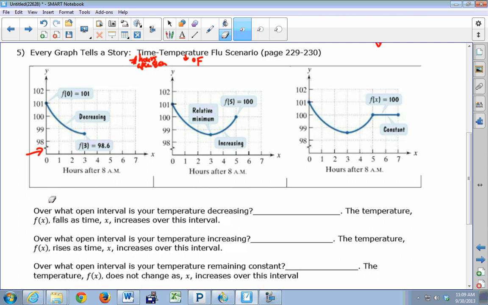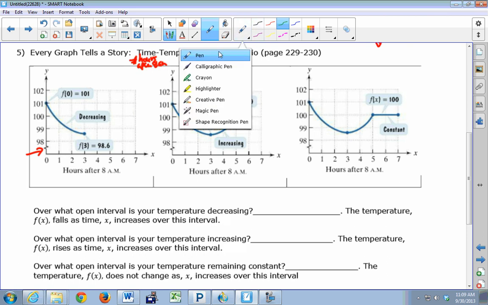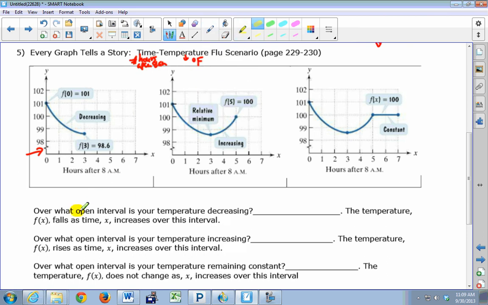Okay? So when we define the interval over which a function is increasing or decreasing or constant, it's always going to be an open interval. Okay, so that's a key word here. It's going to be an open interval. So right here, it's going to be an open interval. And your interval is always defined over your input values. Always over your input, never on your output values. Okay, so let's take a look